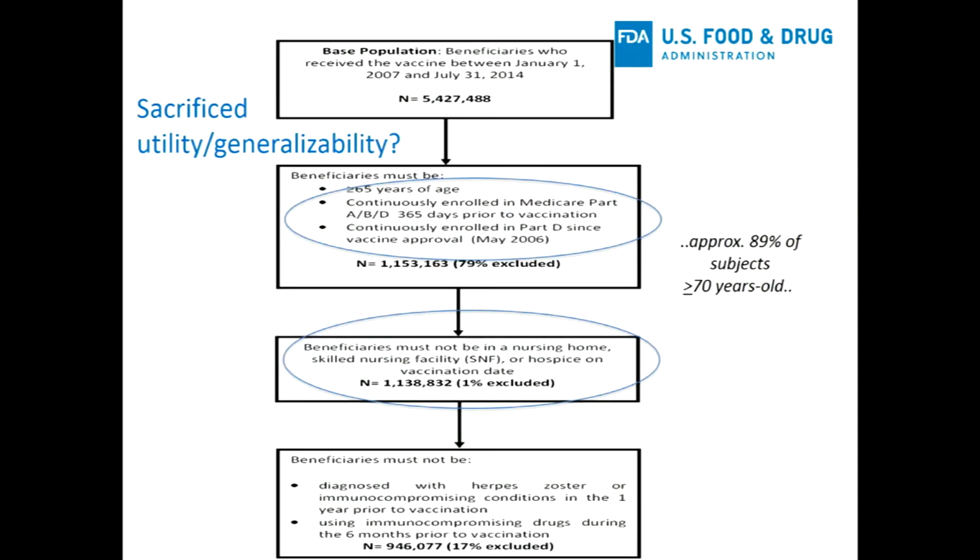And did we sacrifice generalizability, utility? Well, one thing we did is we lost most of the unvaccinated. So this data set we use is no longer representative of the universe of the unvaccinated, but hopefully I will be able to convince you that this still is representative of the universes of vaccinees and a matched cohort that goes with it.